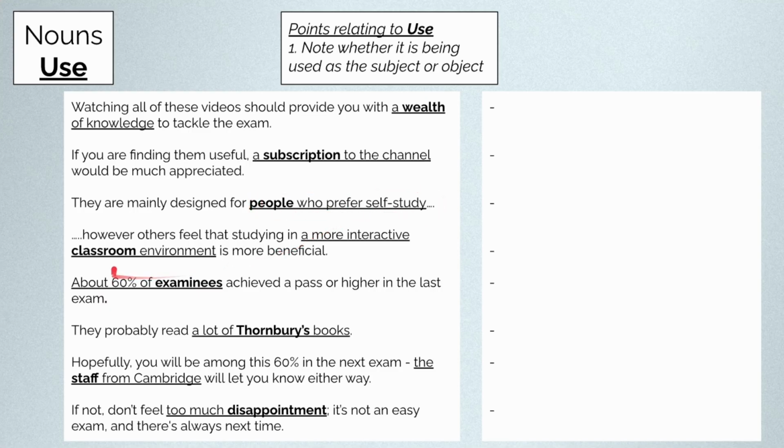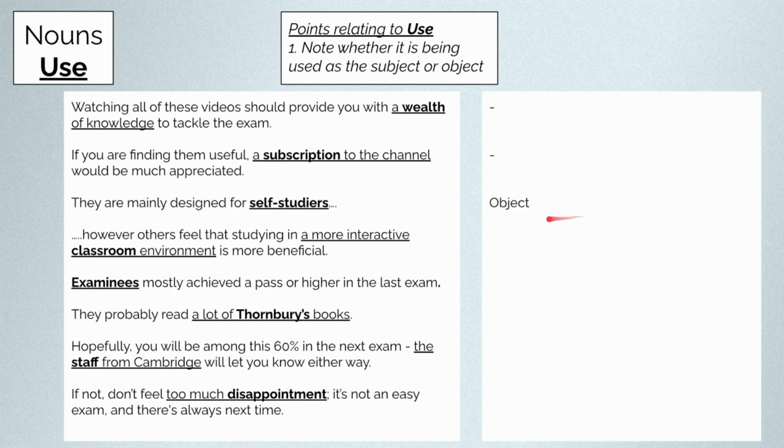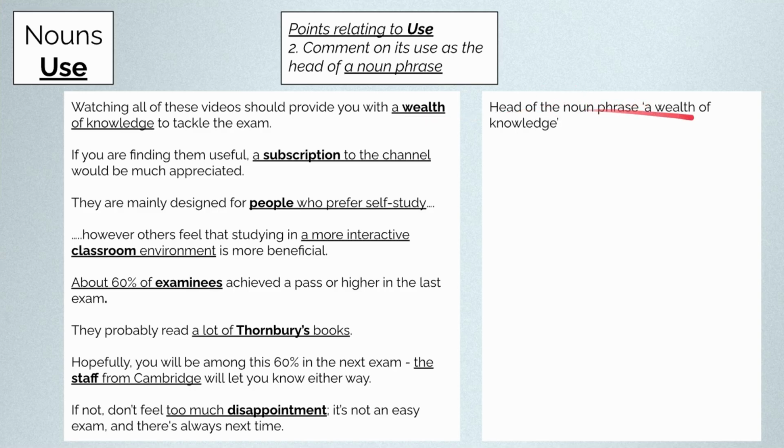If we modify this slightly, however, we get examinees and self-studiers. Self-studiers being the object, examinees being the subject. Next, comment on its use as the head of a noun phrase. Now, when dealing with nouns or noun phrases, it's a good idea to underline the whole phrase or highlight it in some way so you can clearly see where the head and modifiers lie with respect to each other within the noun phrase. Wealth is head of the noun phrase, a wealth of knowledge,